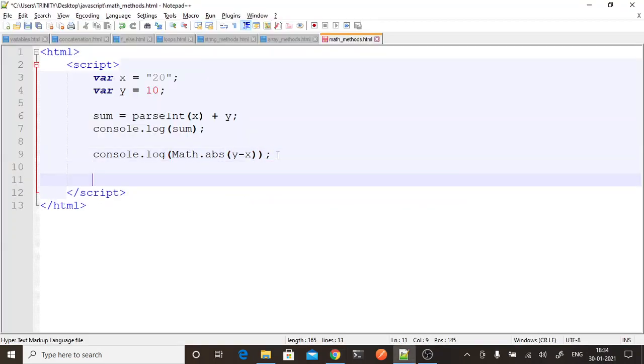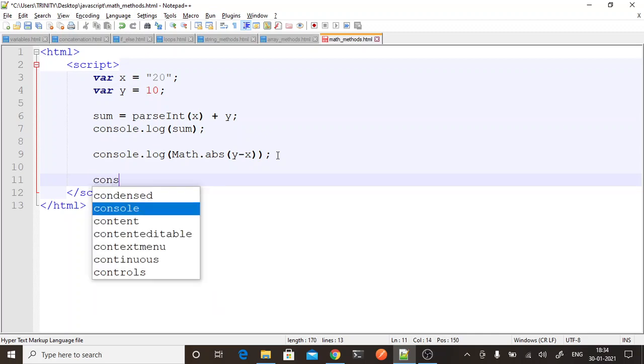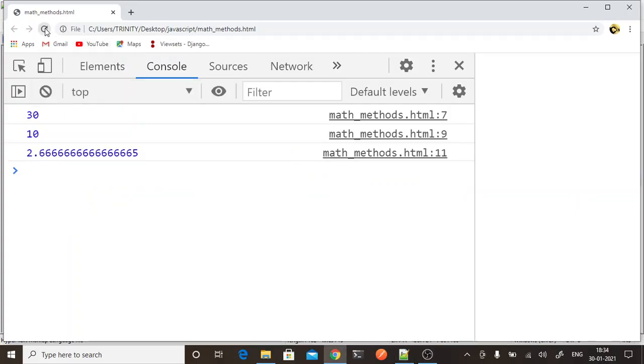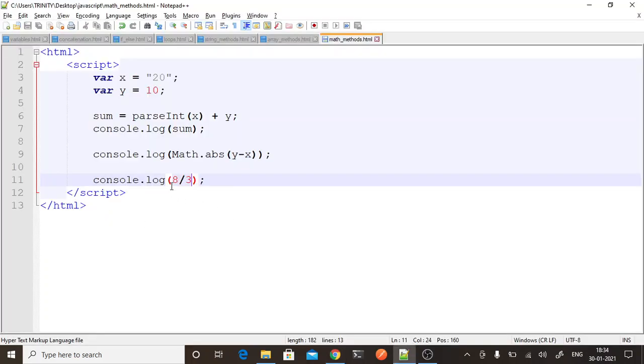Let's say I have one more console.log and I am trying to divide 7 by 3 or 8 by 3, doesn't matter. So it is giving me so many decimal points. I don't want that. I want it fixed to a fixed number.